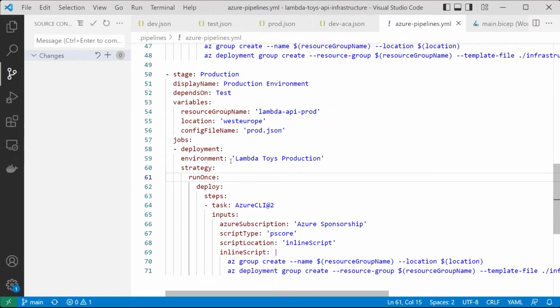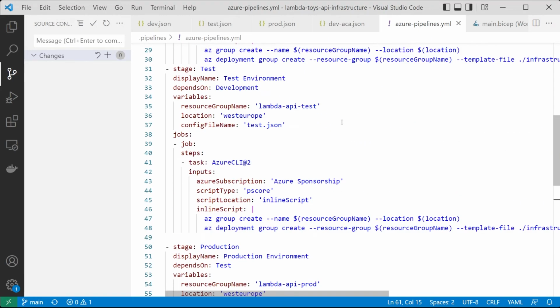Secondly, I had to switch up the test environment to use West Europe. For some reason, I was getting an error in North Europe about availability of resources for Cosmos DB. So there seems to be some sort of resource problem in North Europe at the moment for some reason. So I switched that to West Europe just to make that work. Once we got that going, the deployment then